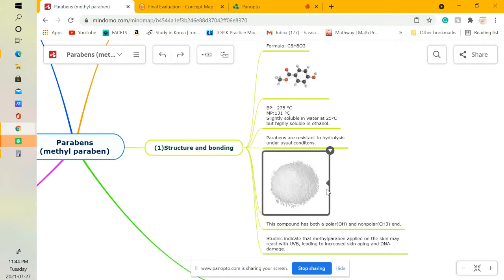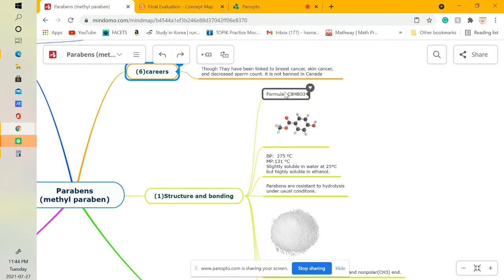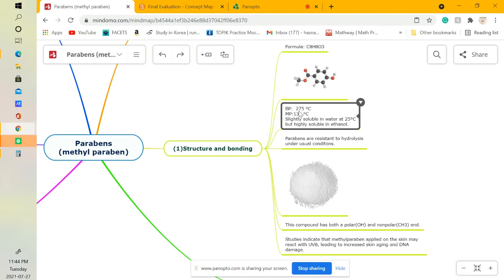Parabens form small colorless crystals or a white crystalline powder with practically no odor and no taste. Its formula is C8H8O3, and this is its 3D shape. Its boiling point is very high, 275 Celsius. Its melting point is 131 Celsius, and it's very important to note that it's slightly soluble in water, almost insoluble,